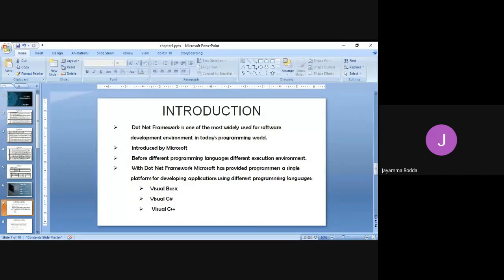Before anything, you may ask me, there are many other programming languages. Why are we going to the .NET framework? Why only the .NET framework? Let me tell you why it is called a framework. What is the .NET framework, and why are we calling it that, we will see in the next class. First, let us get introduced to the .NET subject.